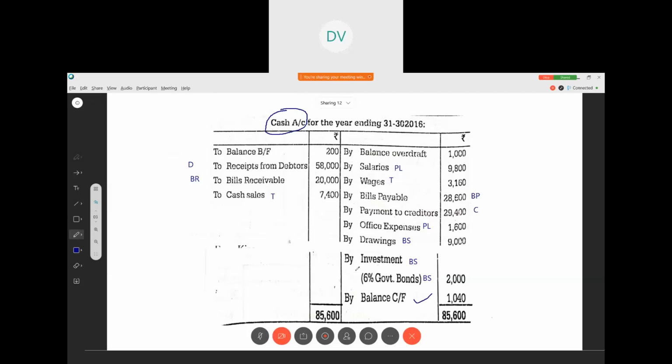See, when they give a certain percentage like this, we should make sure whether the 6% interest has been charged in the profit and loss account or whether they have given any information regarding this. If there is absence of information, then we have to write in the profit and loss account as well as the balance sheet as outstanding, because when we are investing, definitely there will be interest due, correct? Okay,